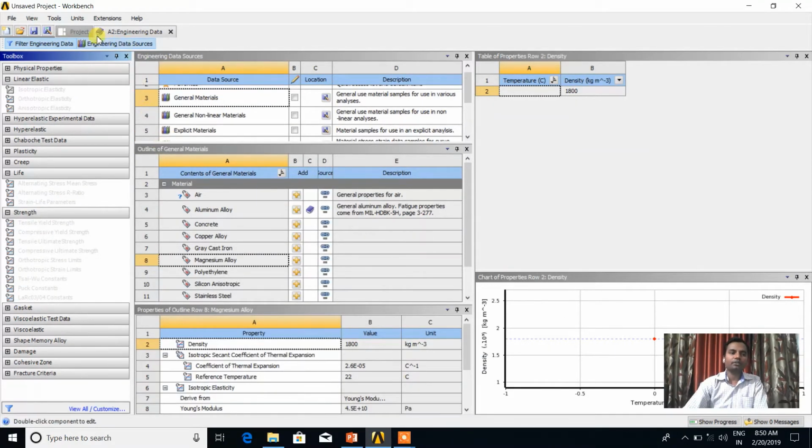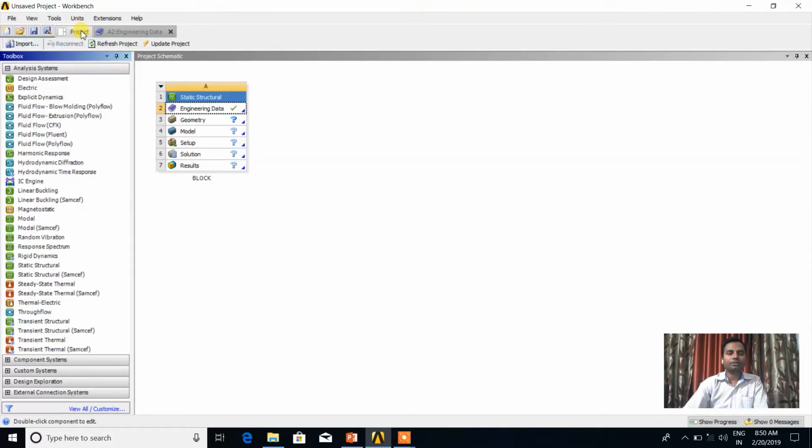Now you want to return to the project. So click on that project, and you will come again to the ANSYS environment. So now the first part is over. By default here that right sign will always be shown, because in the library the static structural material is by default available. So therefore this right sign will always be there. We just have to remove this question mark. We want that right sign in all the things, that is in geometry, model, setup, solution and results.